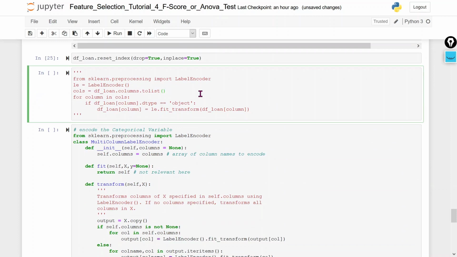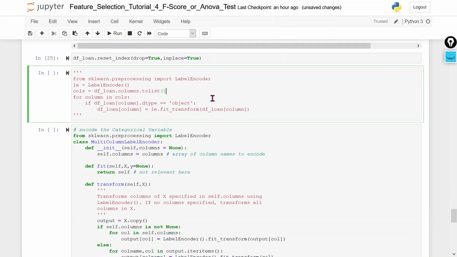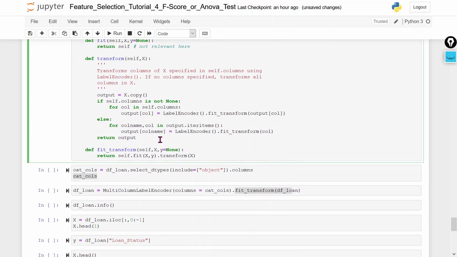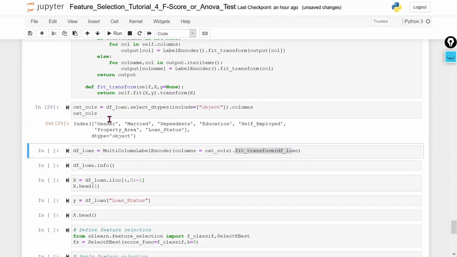For the label encoder, converting the categorical to numerical, you can use any technique. Here I am using the for loop. Here I am using the class and object. So I am going to use this. Now I am going to select the categorical columns by using the select dtypes method, mentioning include equal to object.